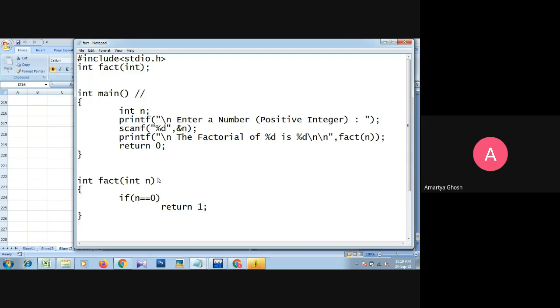Because we know that if the value of n is 0, the factorial of 0 is 1, so that is why we just return 1. Okay, otherwise we have to calculate that.